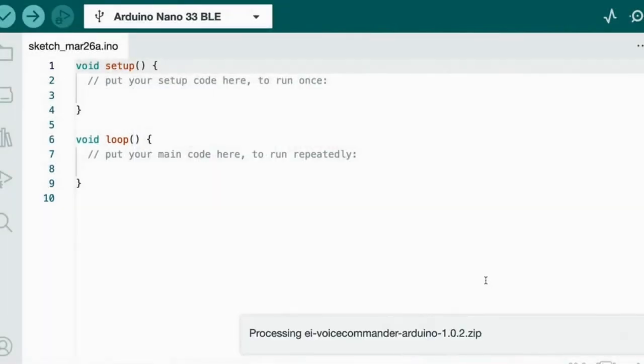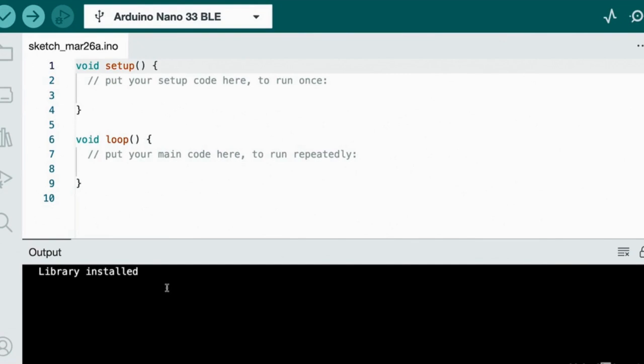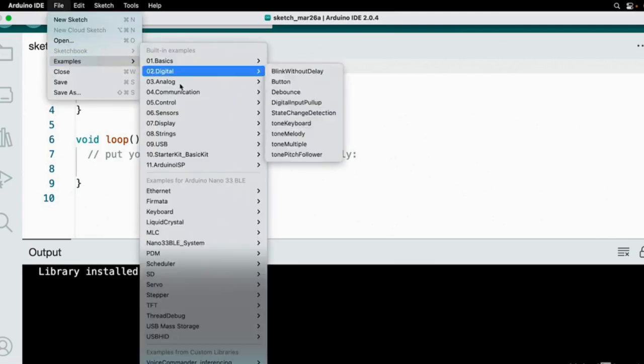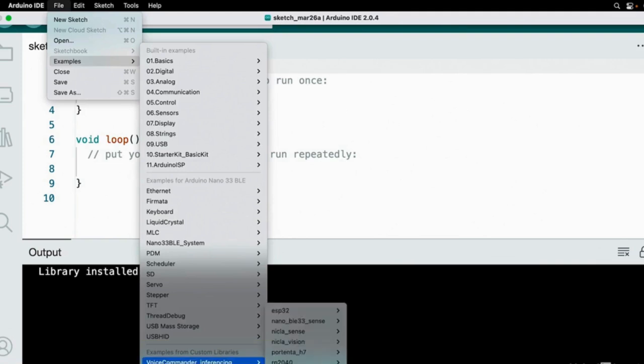It says it's processing, and the library has been installed. So we can go up here now to File, Examples, and right next to where the first library was installed, here's the new one. So let's go over here,